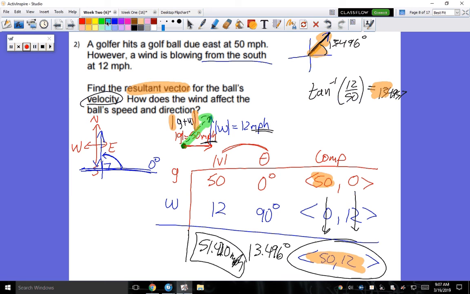And then how does the wind affect the ball's speed? Well, it affects it by making it faster than what was hit. Okay, so the wind is helping it go faster than what it was hit with. And also the direction. How does it affect the direction? So the direction is, it threw the ball, basically, if I'm hitting the ball straight this direction and the wind's blowing up, it throws it off